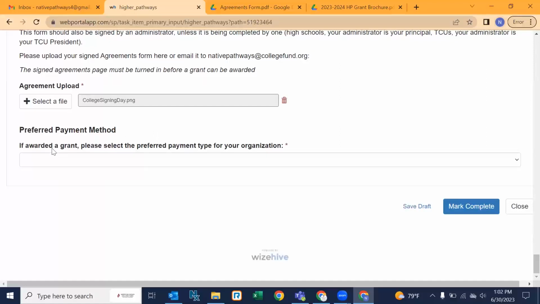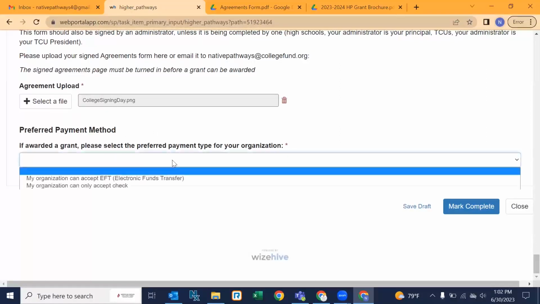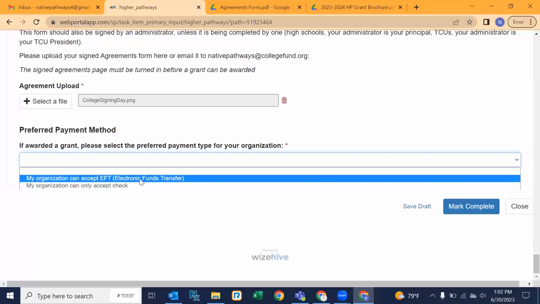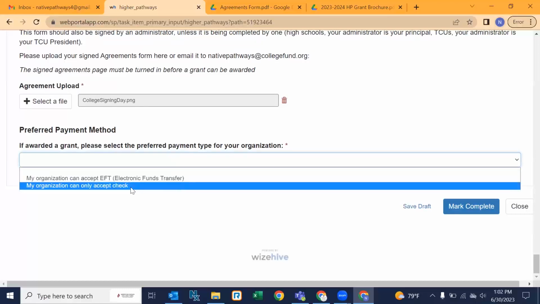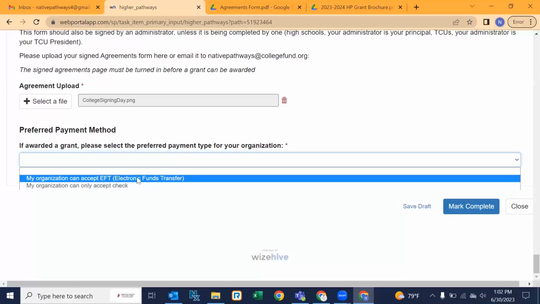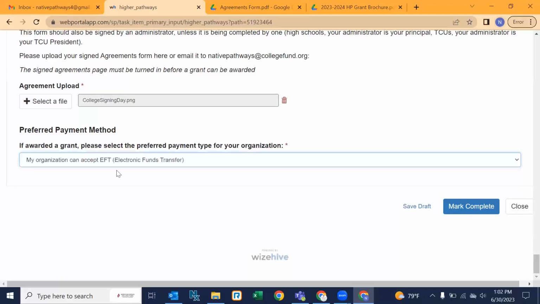If you are awarded a grant, then you will need to let us know if you can accept electronic funds transfer or if your organization can only accept check. Please select the descriptor that best describes your organization's preferred payment method. And then when you are completely done,